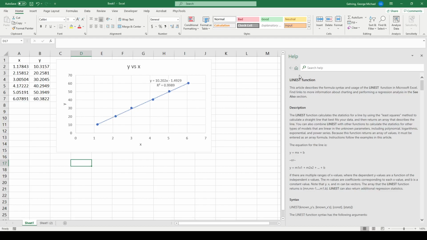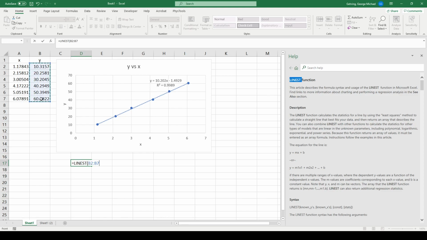In this video, we're going to demonstrate how to use the LINEST function, or what I like to call linest. So you notice I have some data, I've made a plot, I fit it with a trend line. What LINEST will do is give me more information about that trend line. So this is the function LINEST.